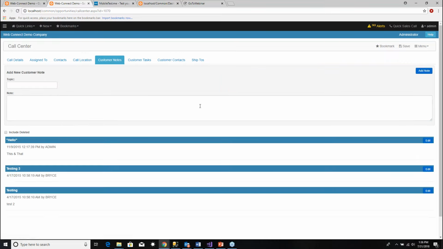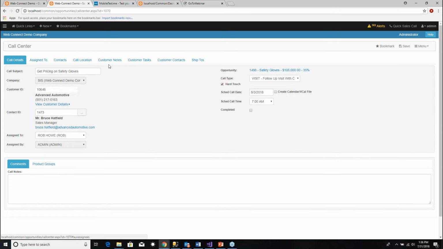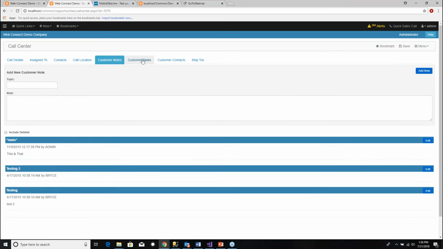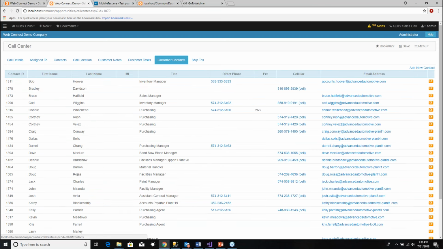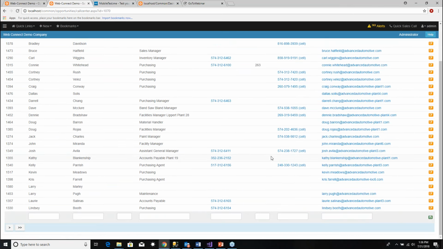The next tab over here is customer notes, because all sales calls are associated with the customer. It'd be nice to be able to get to those. We also give a listing of all of the other tasks that are out here, because if I'm working with this sales call, maybe I want to know that we didn't ever deliver the supplies we thought we were going to on Wednesday. I can get to a listing of customer contacts, and this is a really neat screen,